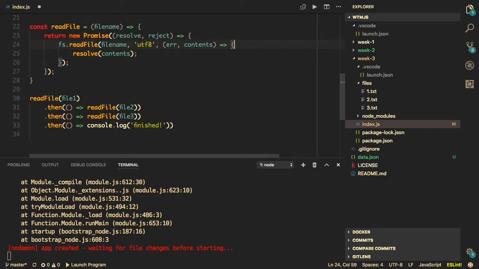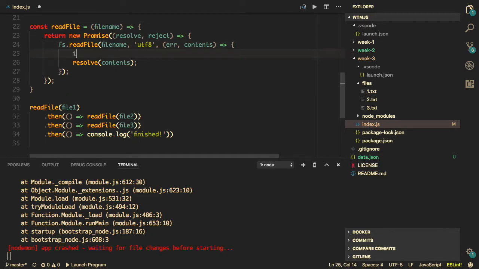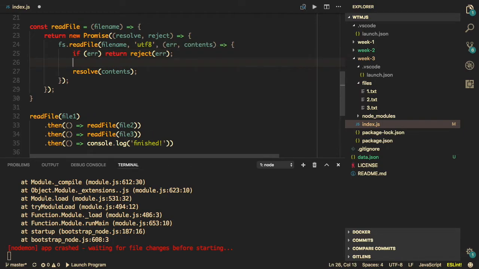and I told you that there might be errors sometimes, and you have to catch or handle those errors. The way we do it is, if there's any error, we return and reject this promise by giving out the error. Maybe you couldn't find the file, that's fine. Maybe somebody deleted the file, or maybe the file has a different name, so you reject it if an error happens. All right,